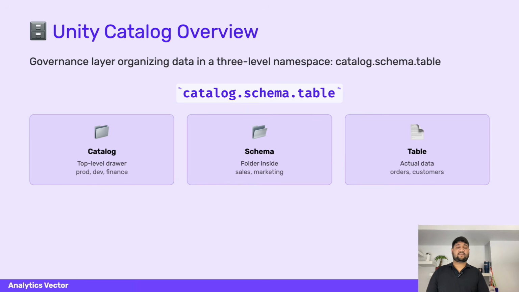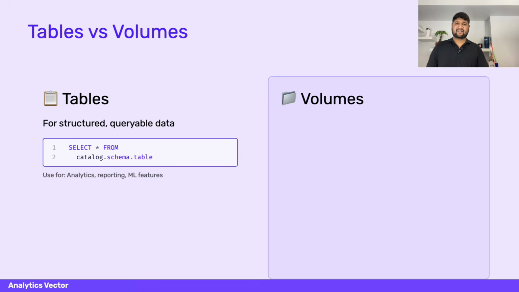that catalog layer on top. As of December 25, all new Databricks accounts use the Unity Catalog exclusively. It's not optional anymore. One more thing worth noting: Unity Catalog doesn't just govern tables, it also governs files through